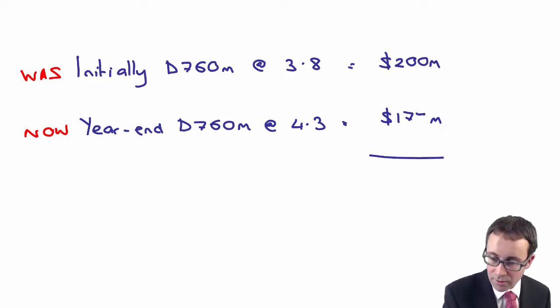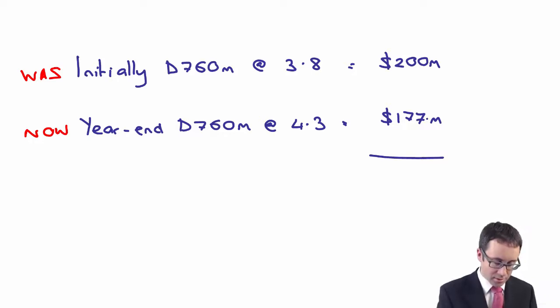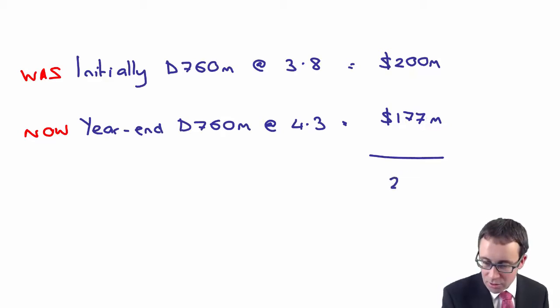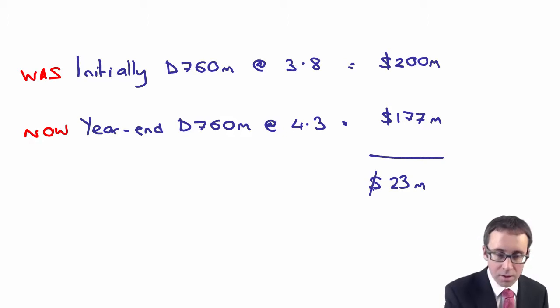177 sounds about right, doesn't it? Just check again. 760 divided by 4.3 is 176.7. Yeah, 177. Okay. 200 less than 177 is that $23 million. That 27 or $23 million